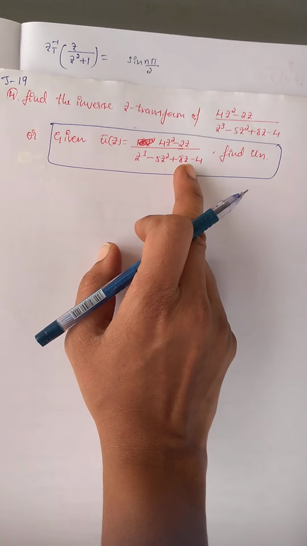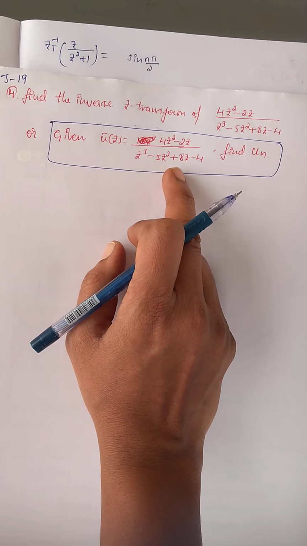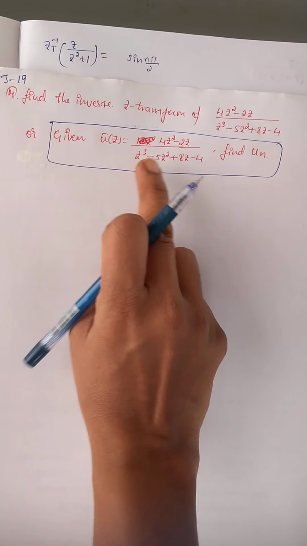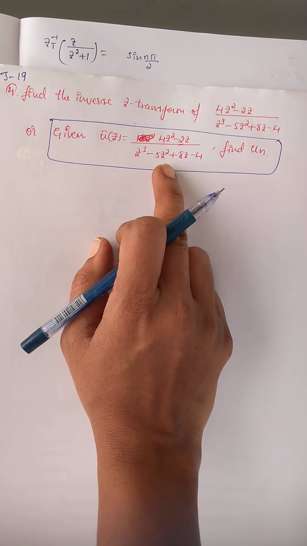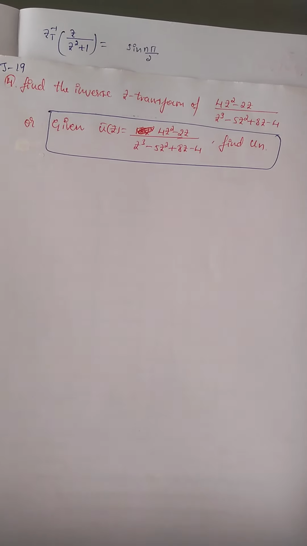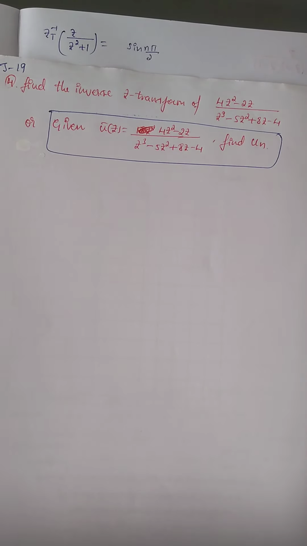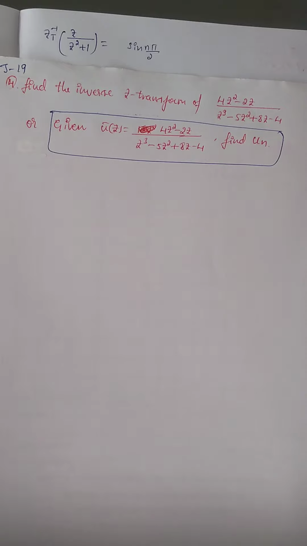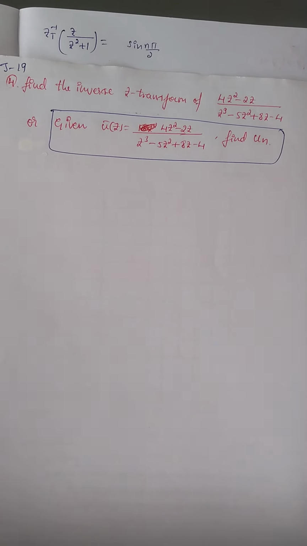Just solve this cubic equation. Cubic means we get 3 roots, and using those 3 roots we can easily factor this equation. Finding roots of a cubic equation, you already studied in second semester, when solving differential equations for the complementary function. Using Casio also we can solve the cubic equation.